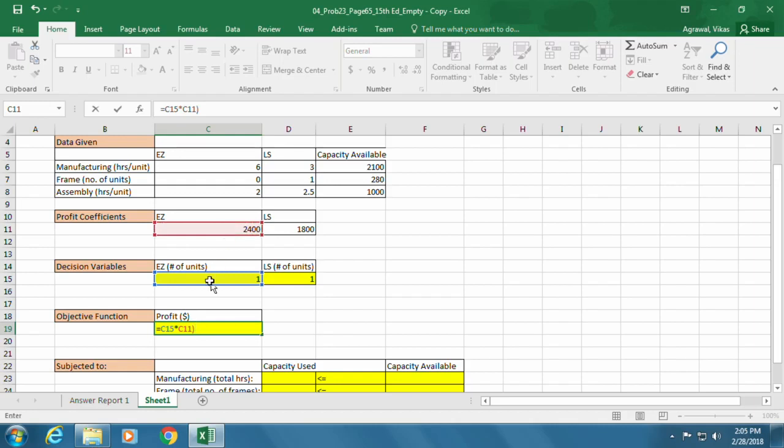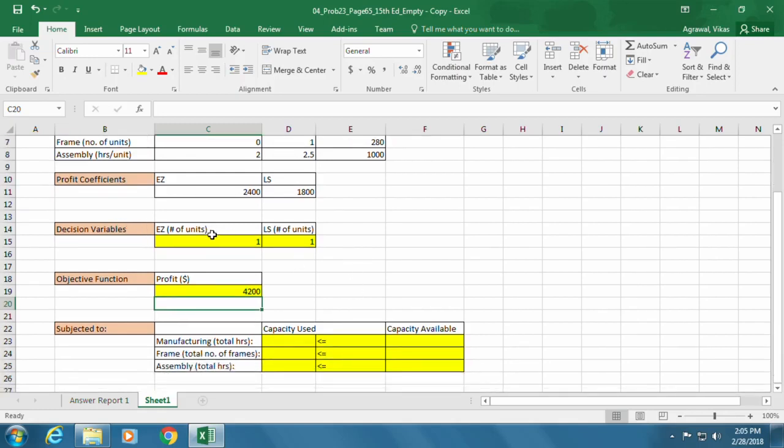I will put that in parenthesis, plus total number of units for LS model to be produced times profit for each LS model. So this will be our total profit that we want to maximize. Initially number of units are set to 1, but this will change.